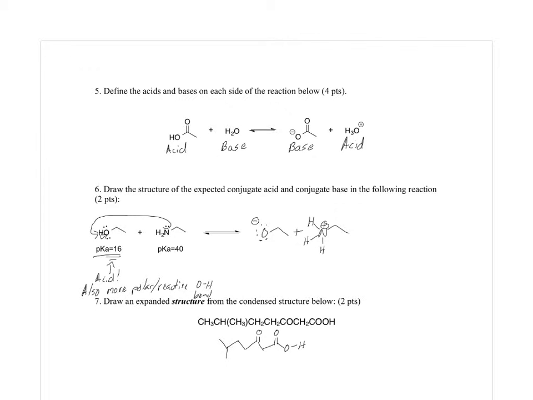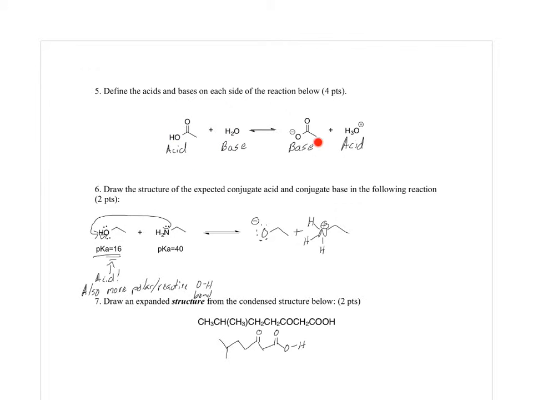Number 5 says define the acids and bases on each side of the reaction below. What they're asking you to basically do is figure out where it is electron deficient and what's electron rich. You can look at it two ways. Acids are, of course, electron deficient, bases are electron rich, but if you weren't sure on these, you could look